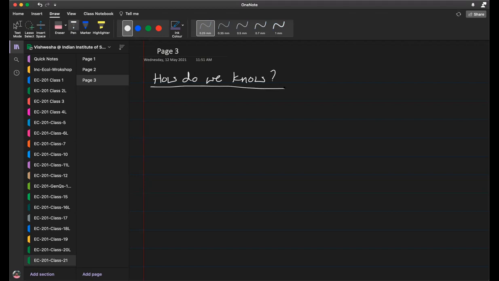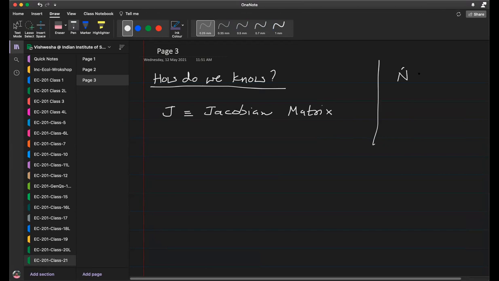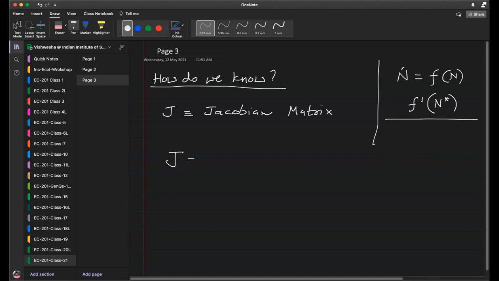So you remember the Jacobian matrix I mentioned? Remember that if you had an equation like this, a single species system, how do you find the stability? You just compute the derivative of f at the equilibrium, right? And you look at the sign. But the moment you have a more complex two species system, then you have first of all two functions and two variables.